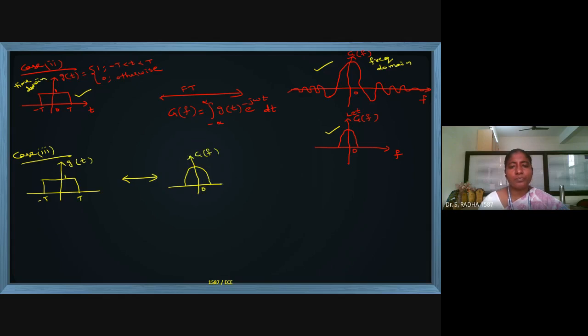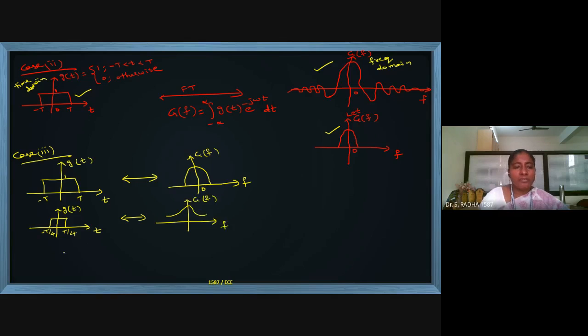Just remember the diagram. No need to worry about the x-axis, y-axis points. Now I will make the diagram width less compared to the previous one. I will take it from minus t by 4 to plus t by 4. Width is reduced. Time domain g of t width is reduced. Now what happens to this? It will become something like this. G of f will not touch the x-axis.